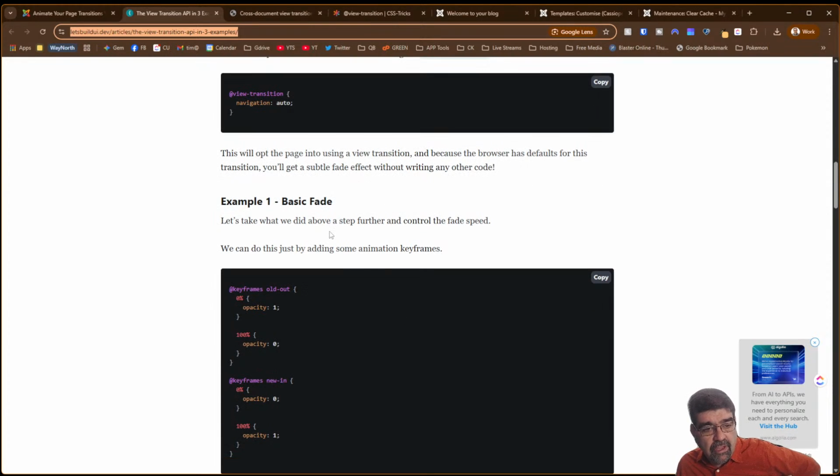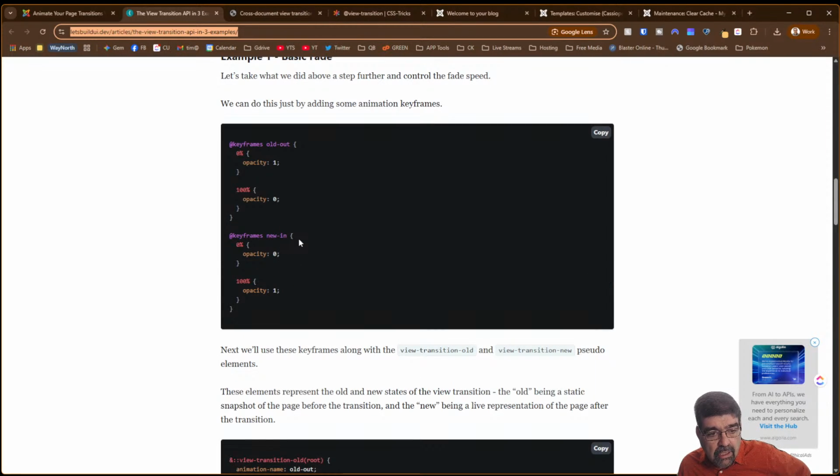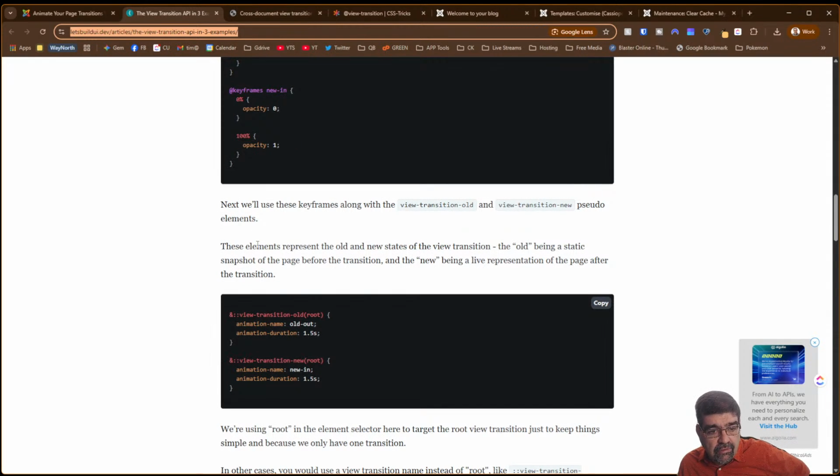Oh, okay. Basic fade. We can use. Let's take what we did above a step further. Control the fade. Okay, so we must be controlling the fade just by adding some animation keyframes. Next, we'll use these keyframes along with a view transition old and view transition new pseudo elements. These elements represent the old and new states of the view transition. The old being a static snapshot of the page before the transition, and the new being a live representation of